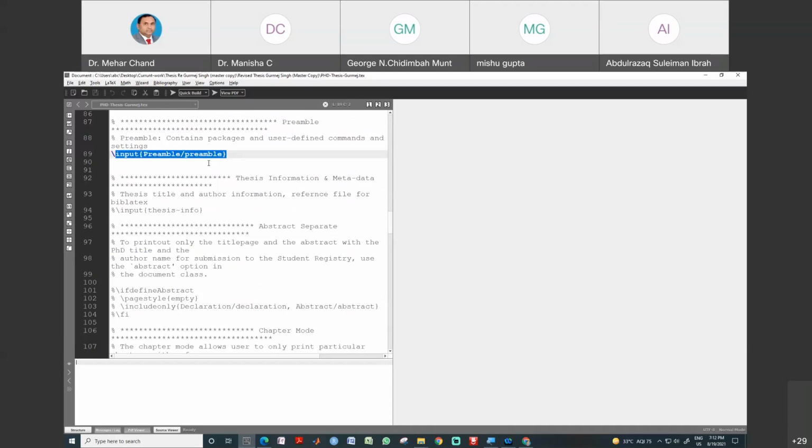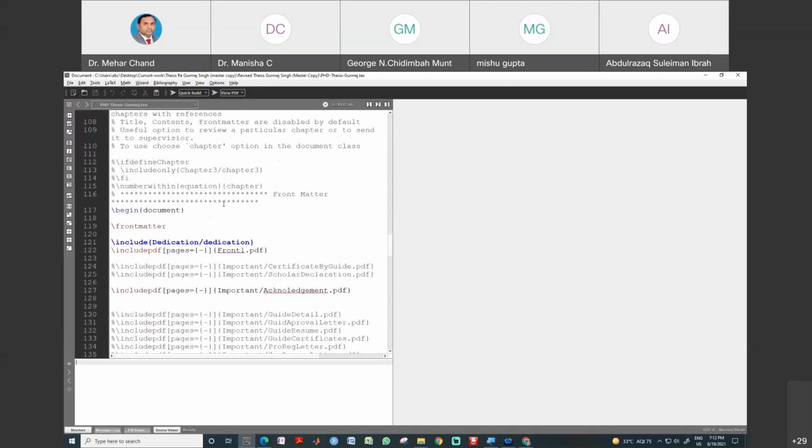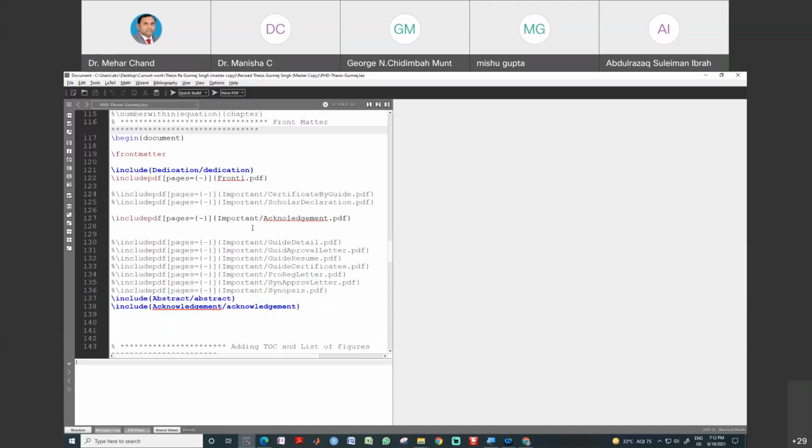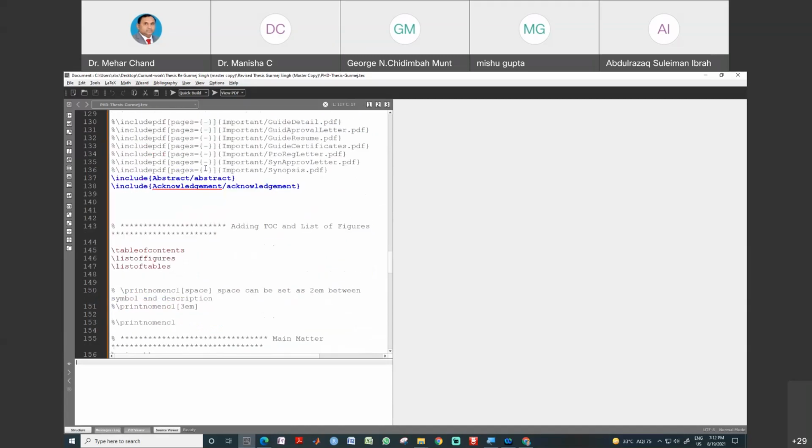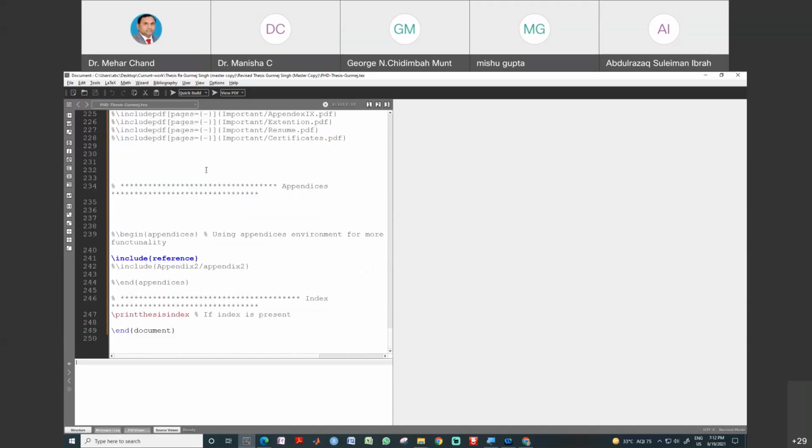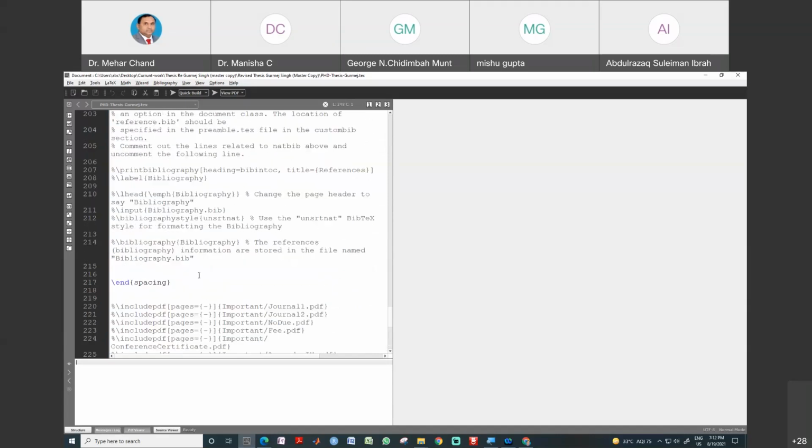The preamble input is created in a different file. The information about the preamble is in one more file, and I would also like to explain that after the discussion about this one. You can see that this is the front matter. Our document starts from this place and ends at this place, and there is a lot of information about our whole book or thesis. See here, we discuss here one by one.